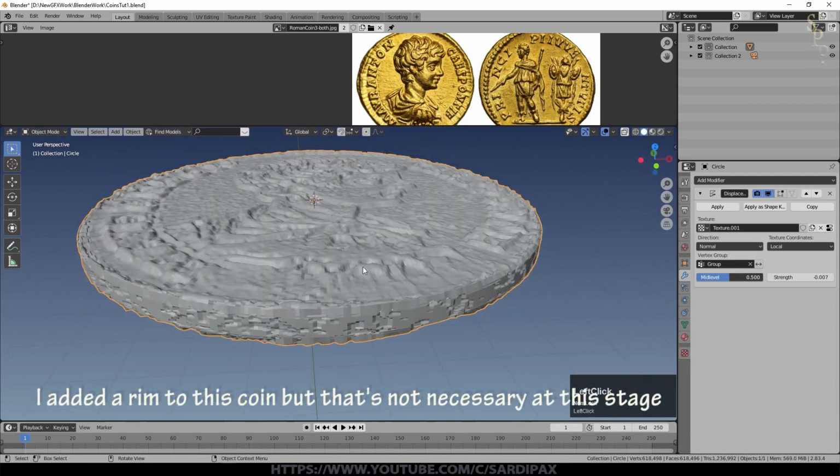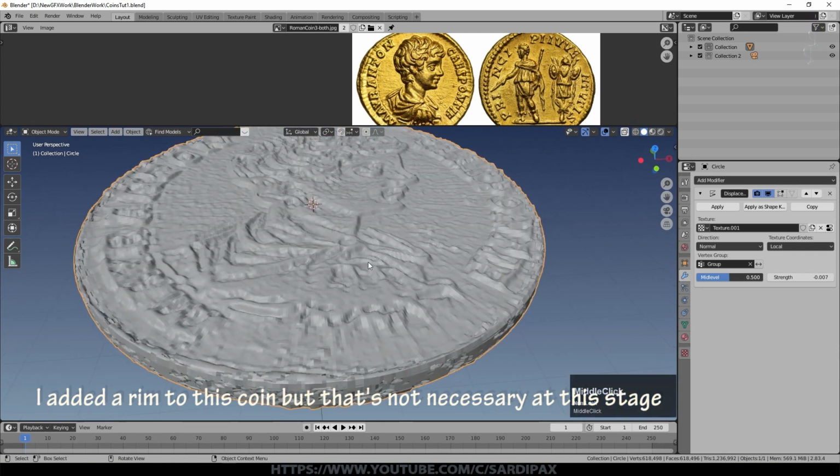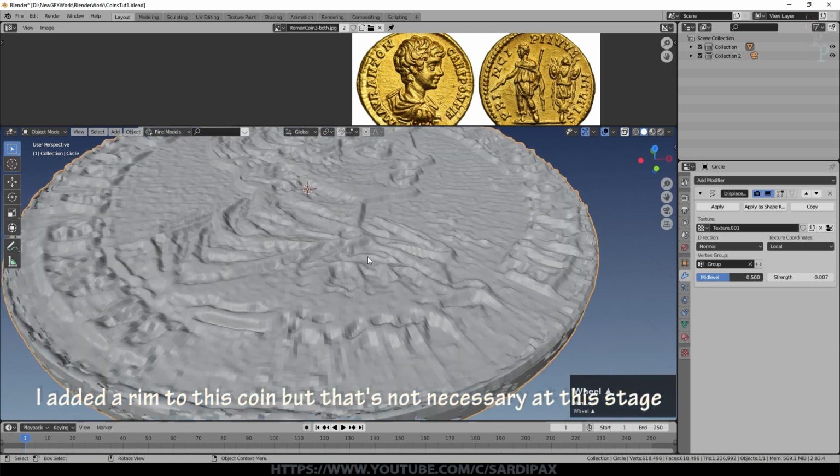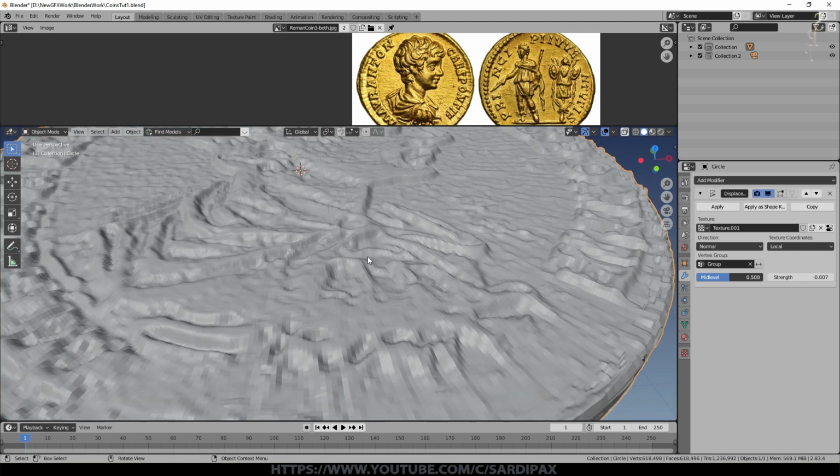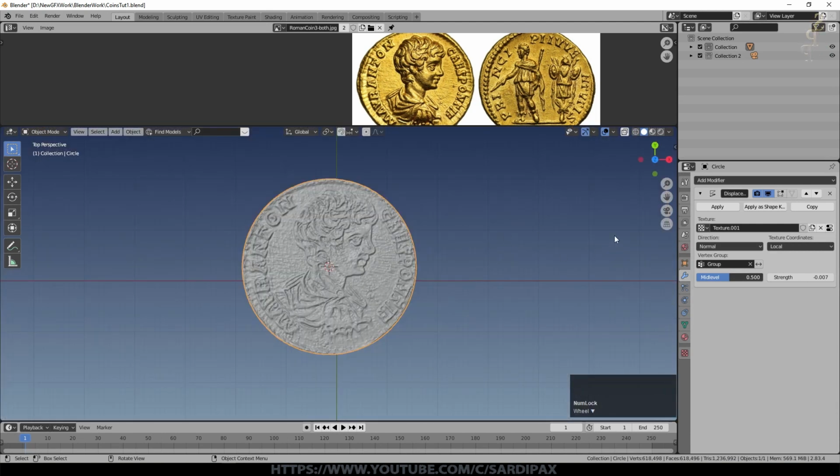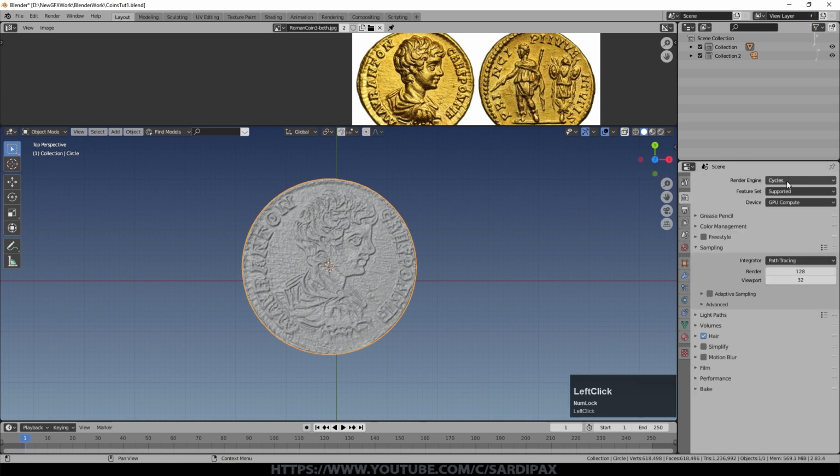So here we've got the actual geometry. There are vertices that define where the surface is. But what we could do is use a normal map to render the shading and highlights as if there were geometry there without actually having that geometry. It'll become clearer when I've used it. You need to be in Cycles for this, by the way. So make sure you're in Cycles.